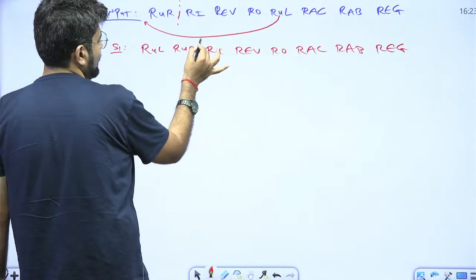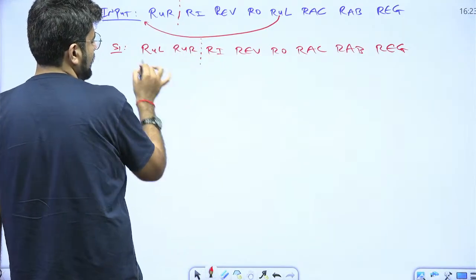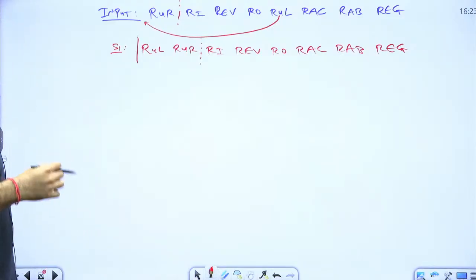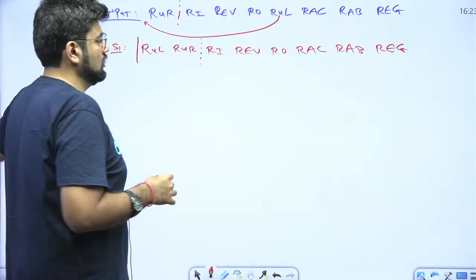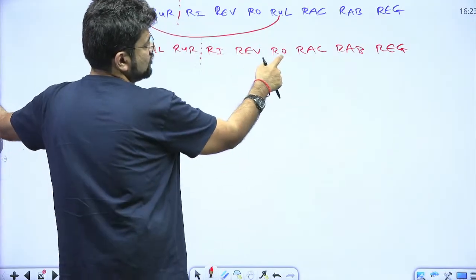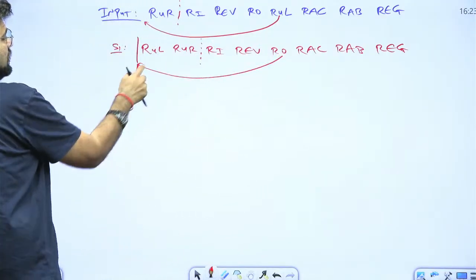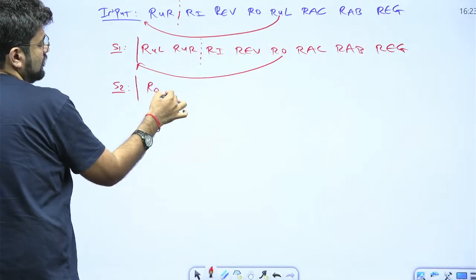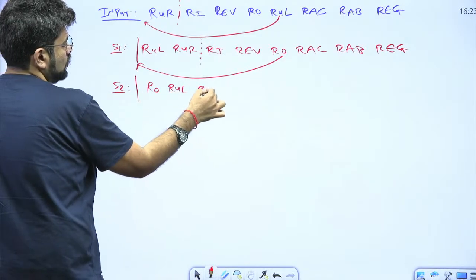So now I am drawing a line here. This is already arranged. Okay, and next word is going to come here. Now, next step. What is going to come before RU now? So we have 9, 5, 15. So obviously this is going to come first, rotate. So this will come here. So step 2 will be rotate, rule, rural,